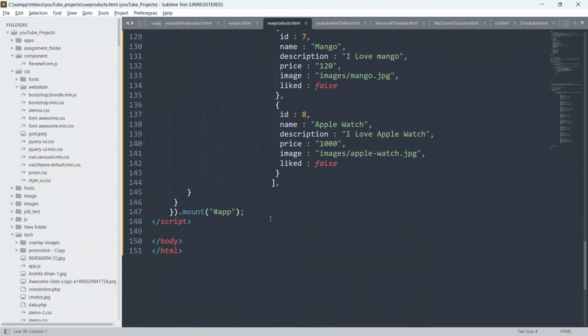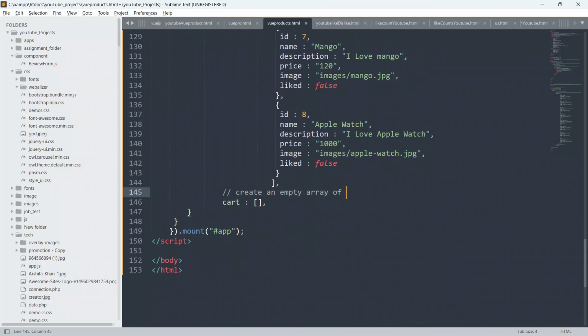Okay, so guys, now I have to create one more empty array, okay, inside our vue.js script. So now I'm gonna create one more empty array as a cart only. Okay, so give cart and give colon and create this empty array. Okay, and I will just give the comment also, create an empty array of cart.